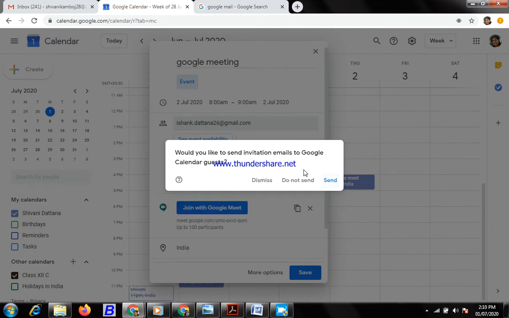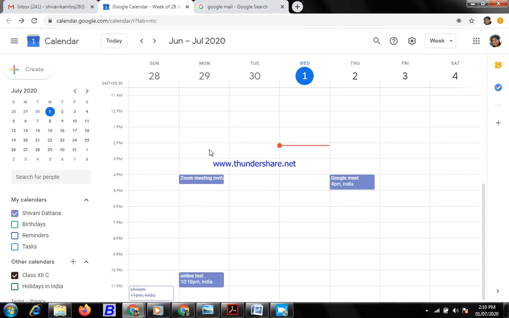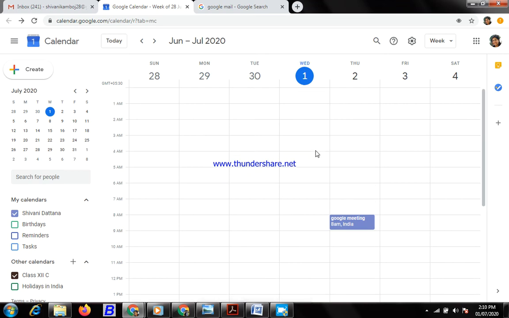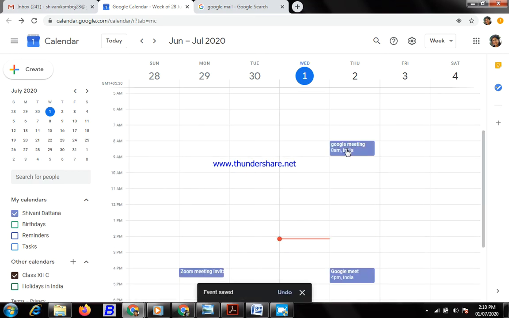This option you will get, so you just click the send button, and you can see this meeting is already scheduled over here, and it makes a tab over here.